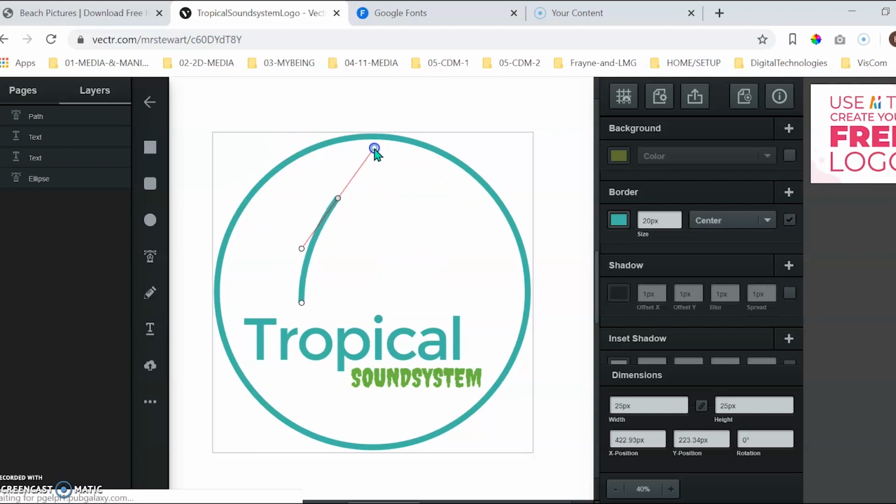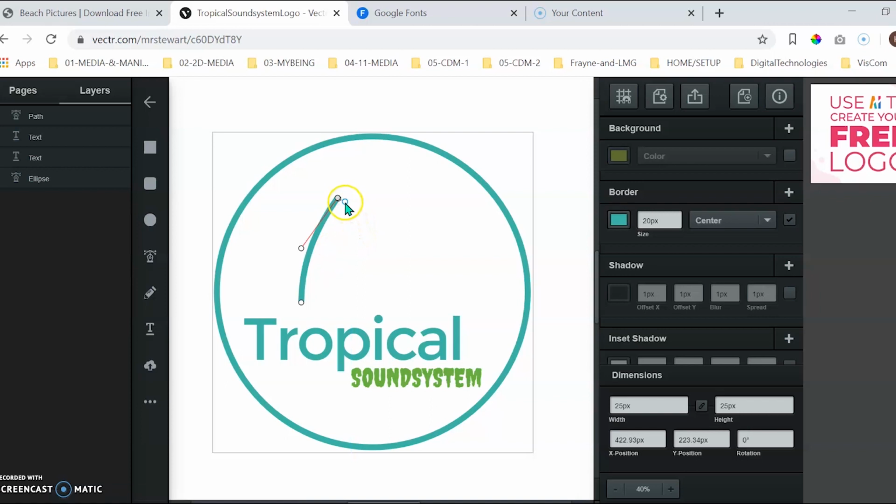So click and drag, got a little curve there, and now my next point is going to be curved again, but I don't want it to be curved. I want it to be nice and flat, because that's going to be the top of my trunk. So what I can do is hold down the Control key and move this little arm around. I'm going to drag that back onto itself, and then I can draw a straight line again. So click there,